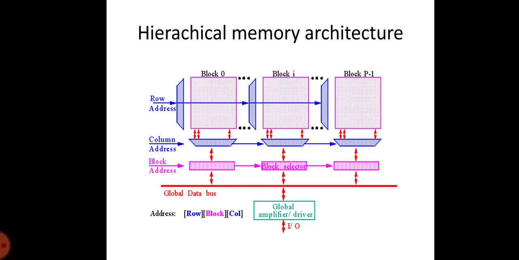The block address can be used to activate only the addressed block, and non-active blocks are put in power saving mode with the sense amplifiers and row and column decoders disabled. This results in substantial power saving, which is desirable since dissipation is a major concern in very large memories. Multiple variants of the proposed architectures are possible, and variations include the positioning of the sense amplifiers and the partitioning of the word and bit lines.